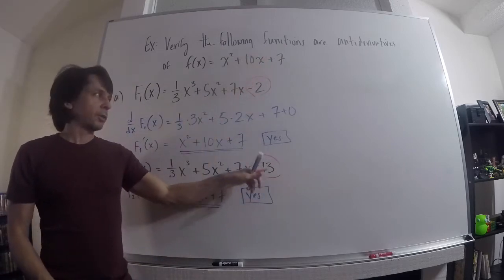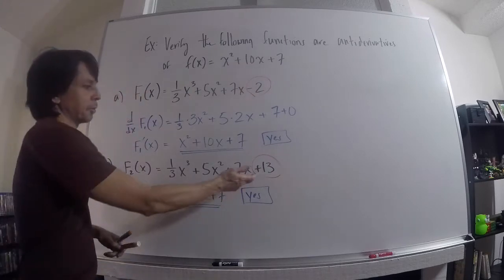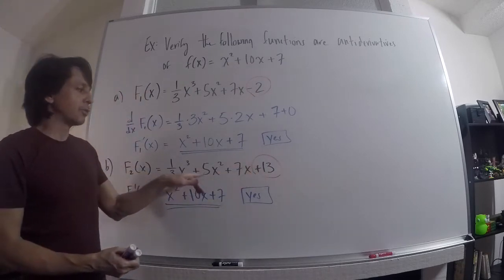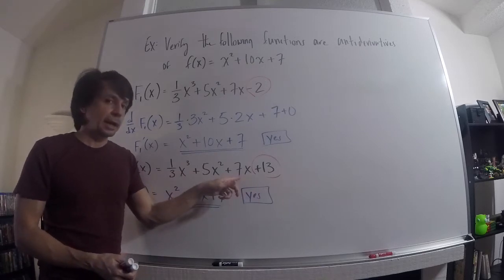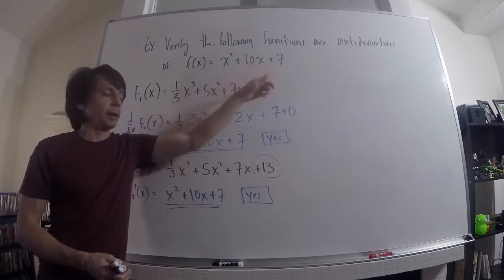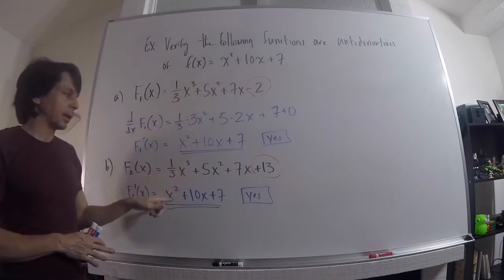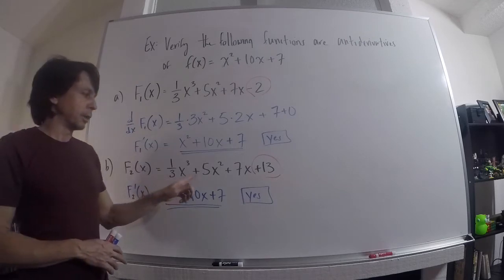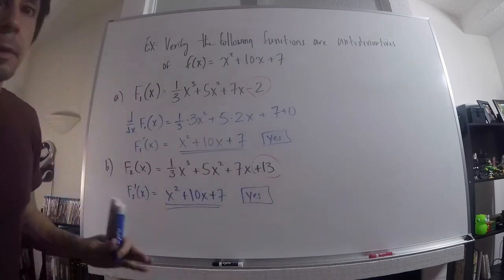So I could have had a 13, a -2, I could have a 5 or a 0 or any value there for my constant term. But the other pieces all have to be this. I don't have a choice. I can't mess around with that and change it to 9x, because then I won't get a 7 there. I can't change this because I won't get an x squared unless it works out perfectly the way it did in both of these. So these terms will be the same for any antiderivative, but that constant term can be